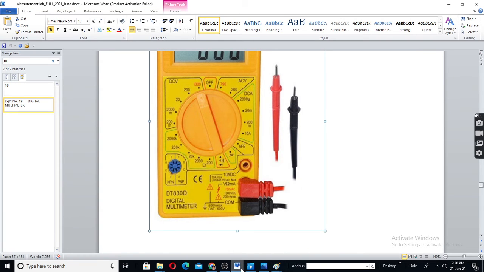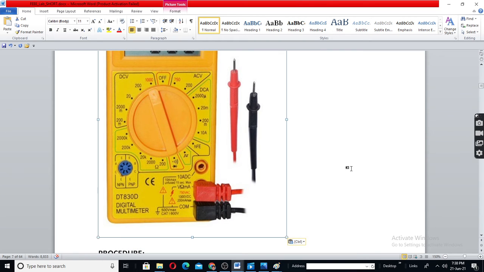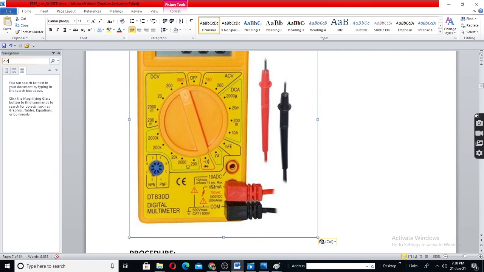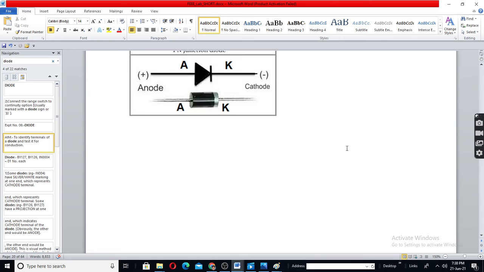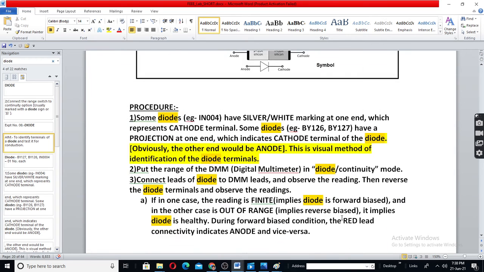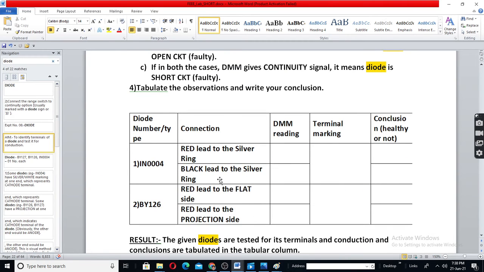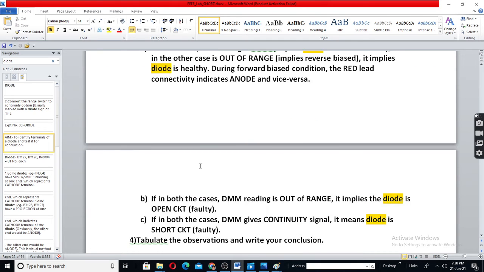Then the other end, that is the black end, will be to the other one: red to silver and black to the black end.